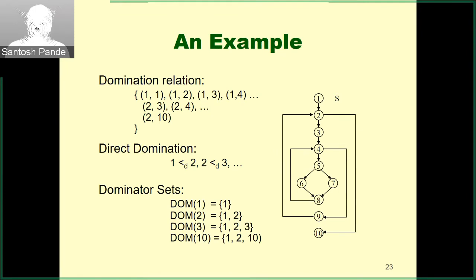So in short, going back to the dominator relation, I'm interested in finding out who all dominates me, such as this DOM relation which is being shown here: the dominator set of 1 is just itself. However, the dominator set of 2 is 2 and 1. 1 dominates 2, and 2 itself dominates itself. So we are interested in finding out these DOM sets for each one of these nodes, and then finding out